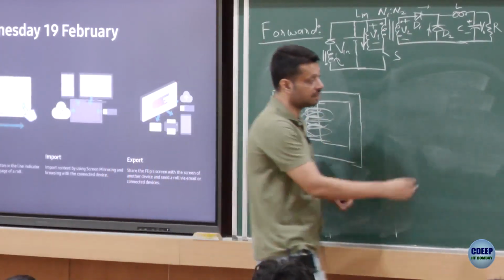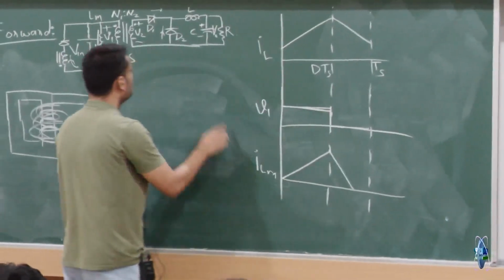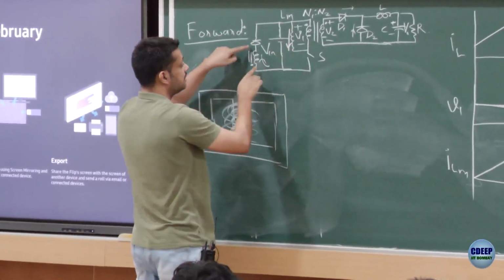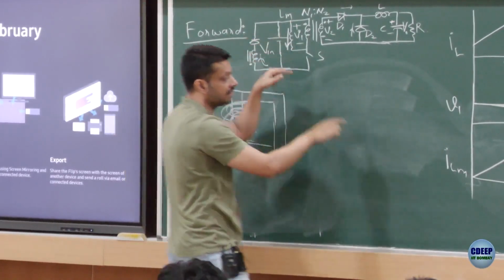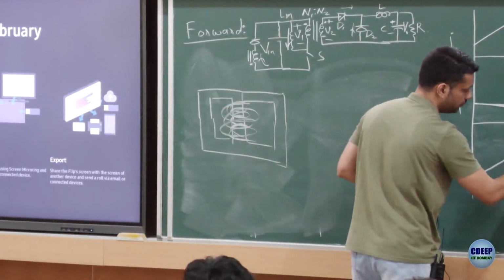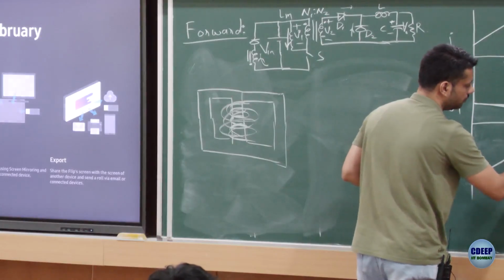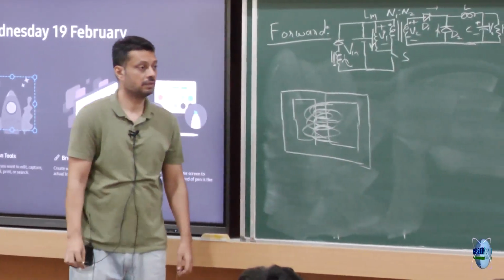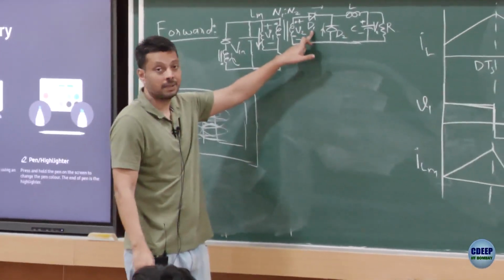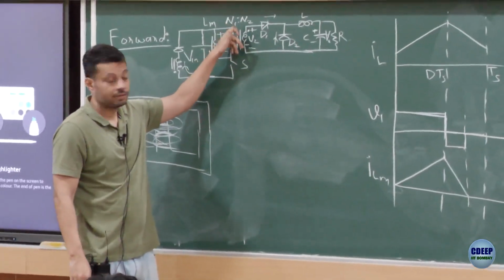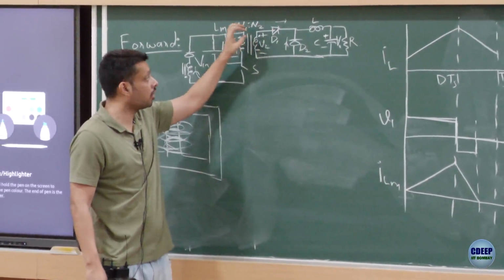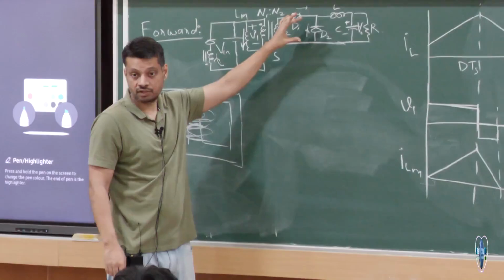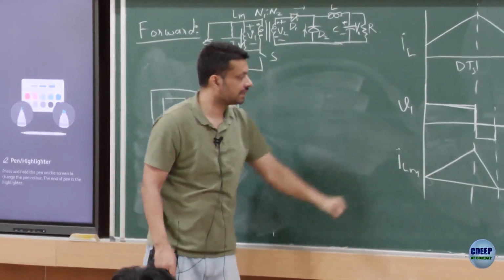Right? So now in this case what happens is V1 is positive when the switch is on. When the switch is off, the voltage across V1 is reflected voltage from here, which is negative. So instead of 0 you have negative voltage, something like this, right? And this explains why you need D1, because now this voltage is negative. So you have to make sure that D1 is there to block this voltage appearing across the rest of the circuit. So that D1 gets explained through this negative voltage.